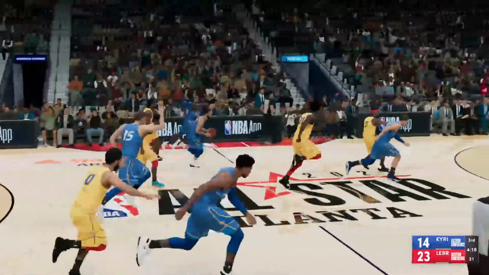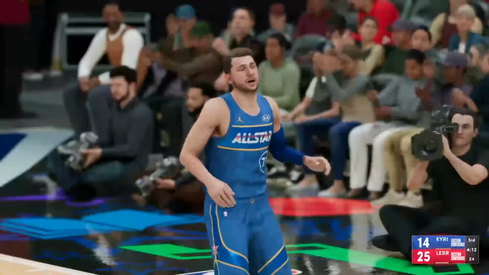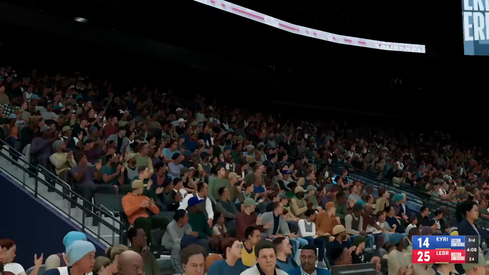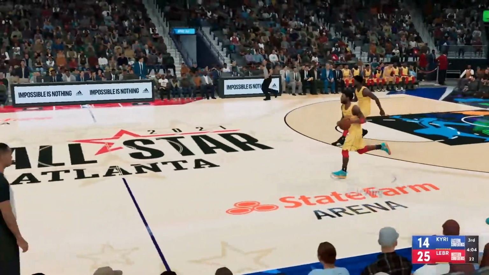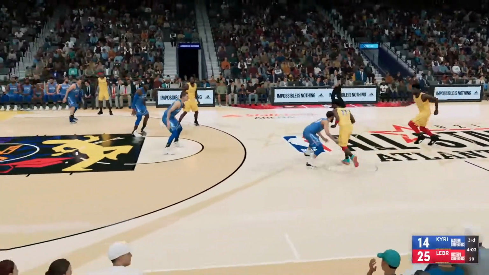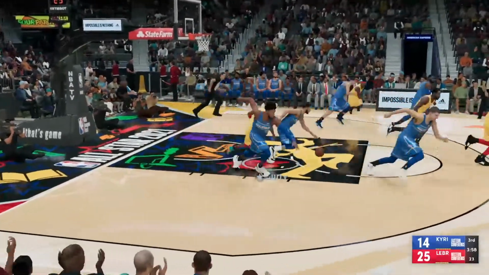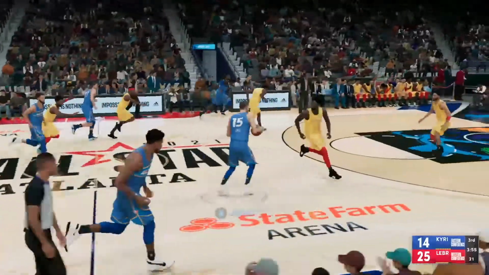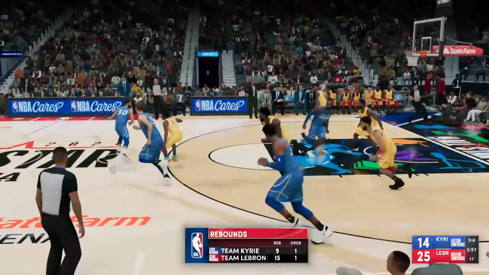Curry with the steal. And here we go with Curry running it up the court. And Doncic throws it down. Just rubbing it in their faces with that dunk. He is never going to take his foot off the pedal. And that's terribly demoralizing for a defense, guys. I mean, they know he's going to keep coming and coming and coming, and that they may not have an answer for it. Just a solid performance on the interior.